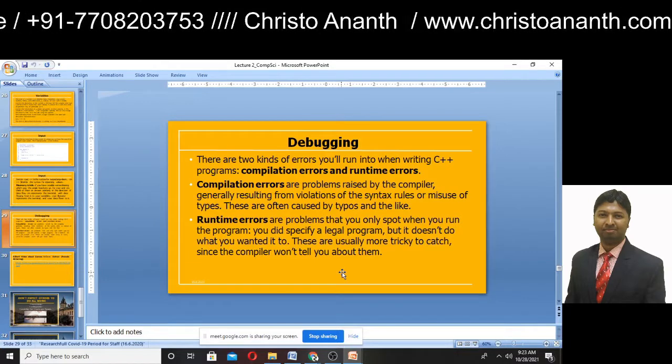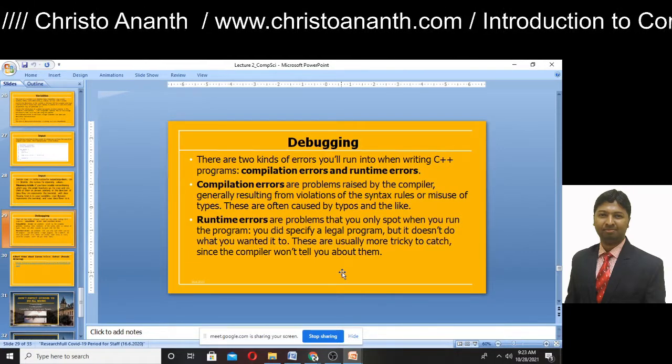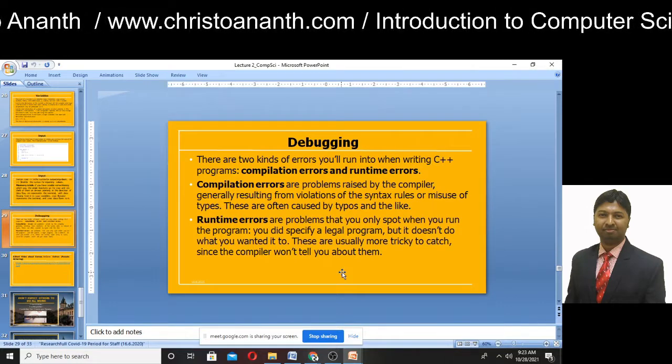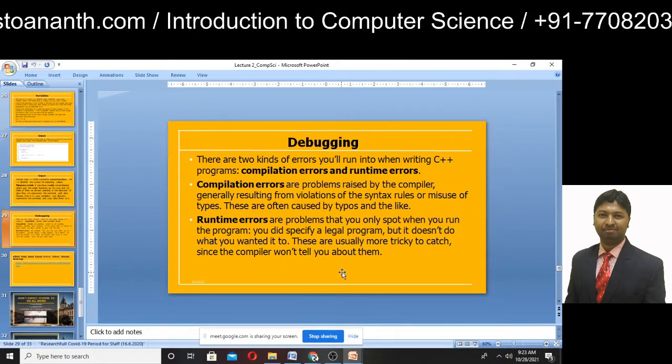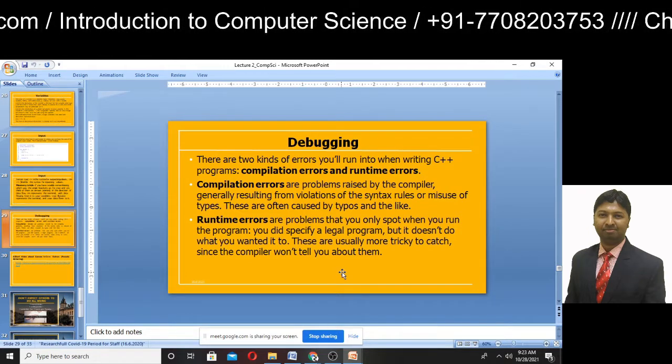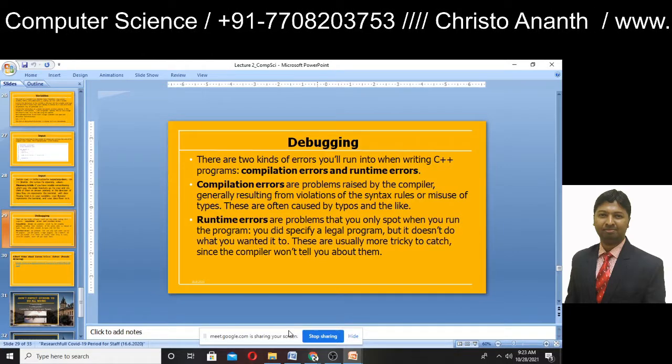So you should understand the logic of the program and check for runtime errors. Runtime errors might turn out to be tricky because the compiler will not tell you what the problem is, so you should understand the logic of the program in order to identify them.